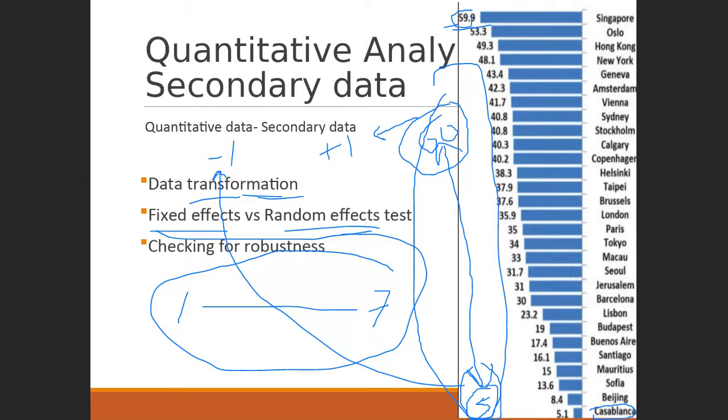Whenever we use secondary data, we need to take into consideration whether we will go for a fixed effects model or a random effects model. So you need to understand the difference between them. Let me try to make you understand this with an example. For instance, if we believe that the new economic policy of the country has equally affected the return on investment of all the companies listed in the stock exchange, we will go for a fixed